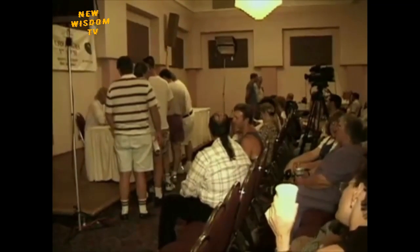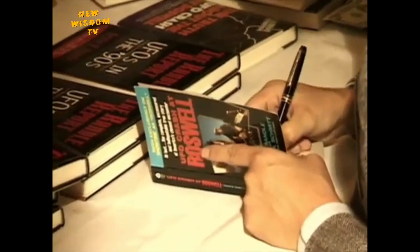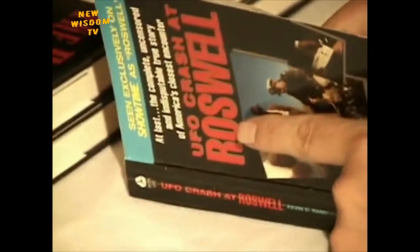Returning to Roswell for the 50th anniversary celebration were the main UFO investigators who uncovered the case in the 80s. Kevin Randall, an Air Force Reserve officer who, with Don Schmidt of the J. Allen Hynek Center for UFO Studies, interviewed over 500 witnesses and wrote the definitive UFO Crash at Roswell. Nuclear physicist Stanton T. Friedman, author of Crash at Corona and Top Secret Magic, was pivotal in first exposing the